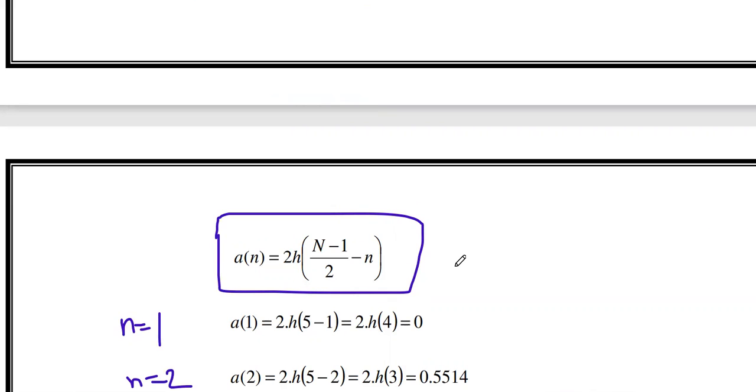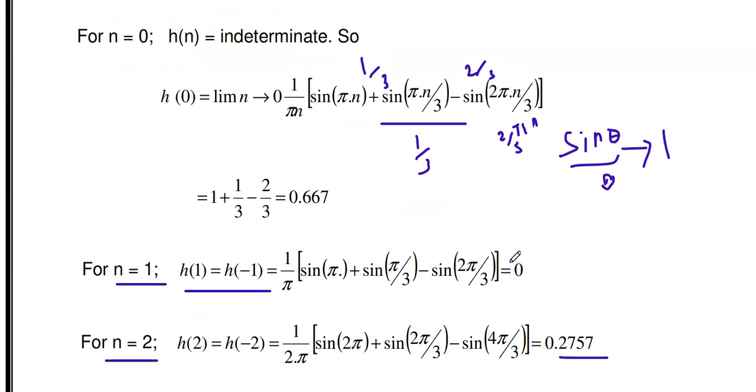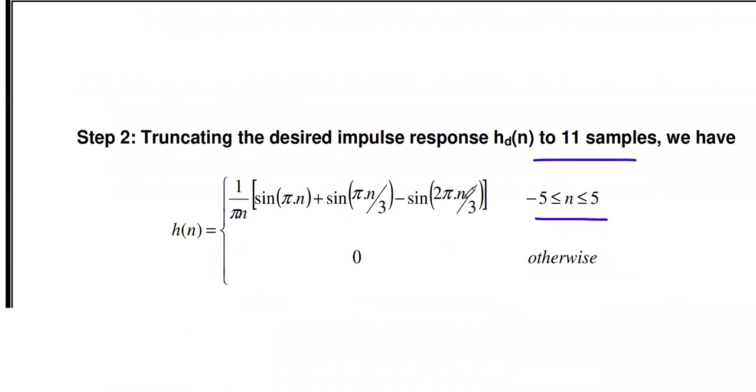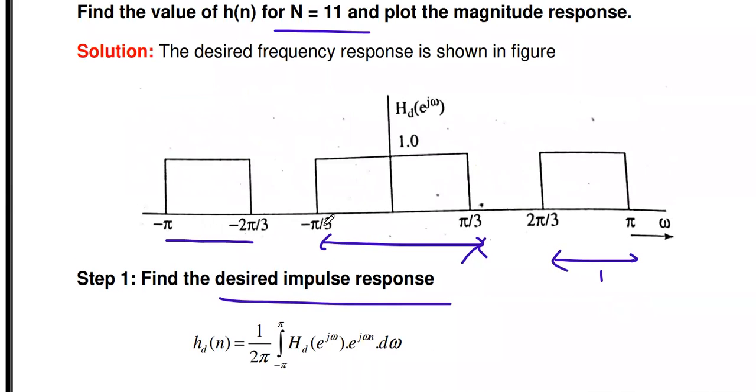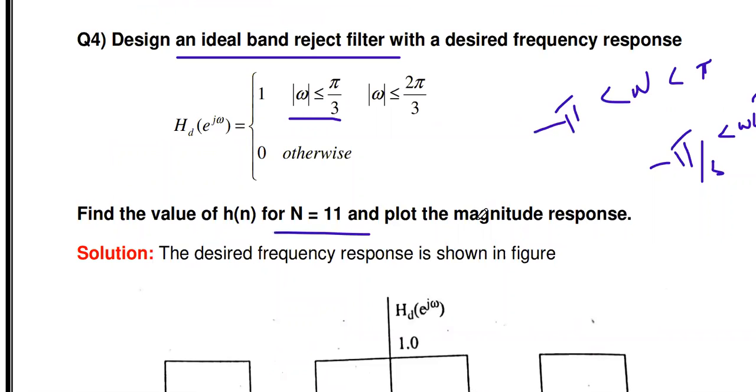We solved in the Fourier series method the four problems: low pass filter, high pass, band pass, and band reject filter. So all are the same only. The first step will vary. That is the limit we have to take carefully. Based on the specification, we have to select that frequency. So this lower limit, upper limit, you have to take carefully. Then after that, we have to follow the same procedure in order to obtain the magnitude response.